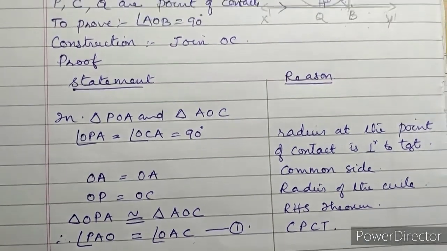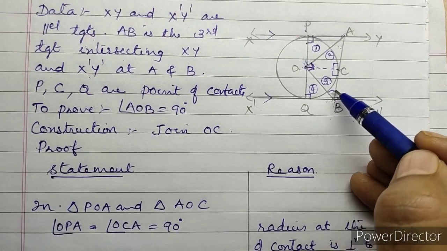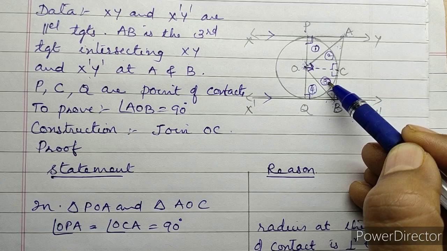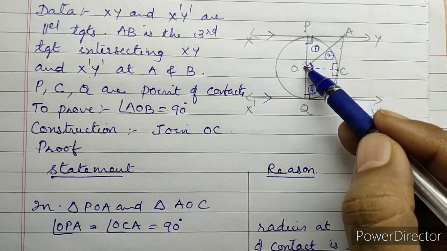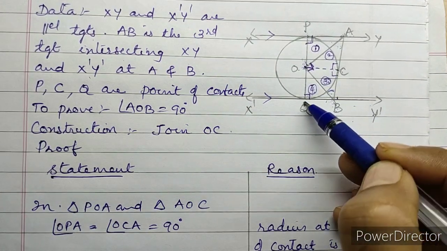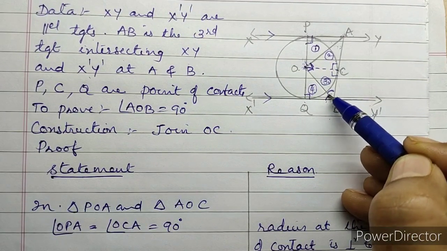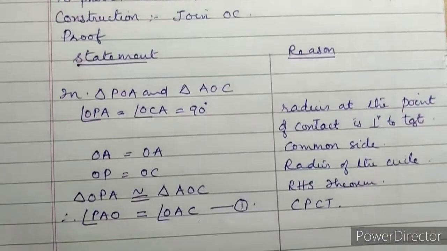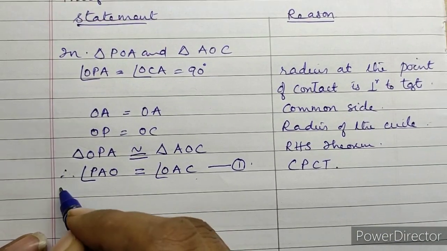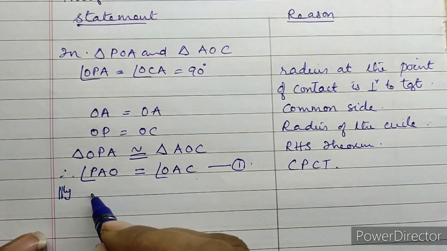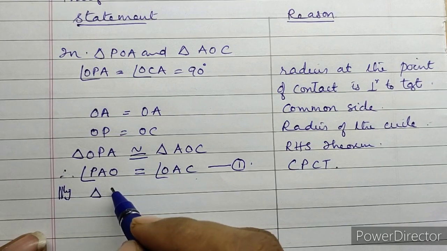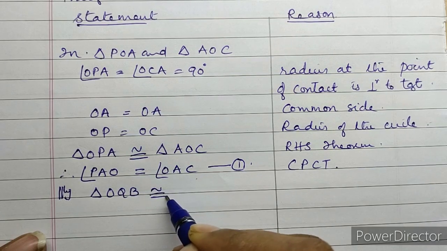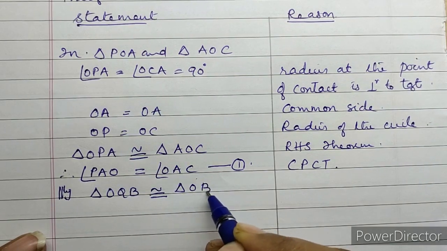So similarly, on this side you also need the angle. You can prove that the fourth and third triangles are congruent. So that means CBO equals OBQ. These two angles are equal, you can prove. But no need to write the full proof, you can just write similarly: triangle OQB congruent to triangle OBC.